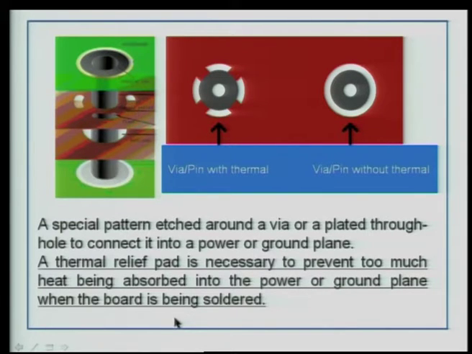Now, if the heat from the pin passes through the via, because there is too much copper here, the heat will be easily absorbed. Now, when the heat is easily absorbed, the solder is not melting at the right temperature. You are now increasing the soldering tip temperature intentionally to make the solder melt, but this is more than that required for actually soldering the